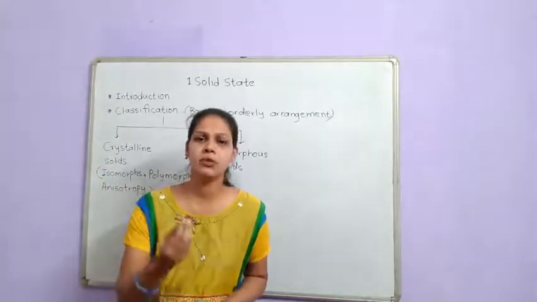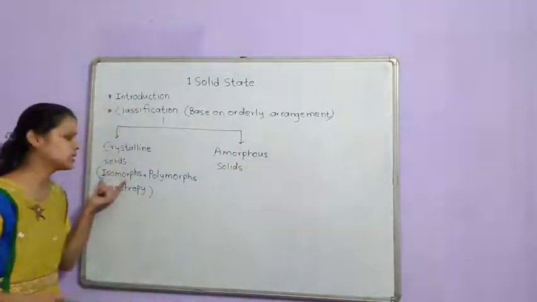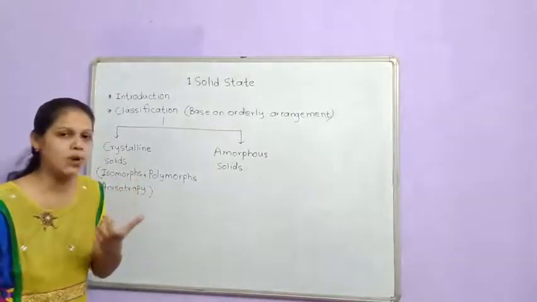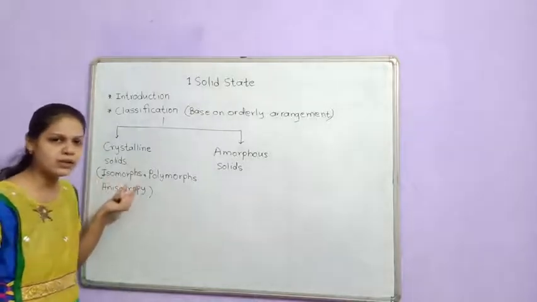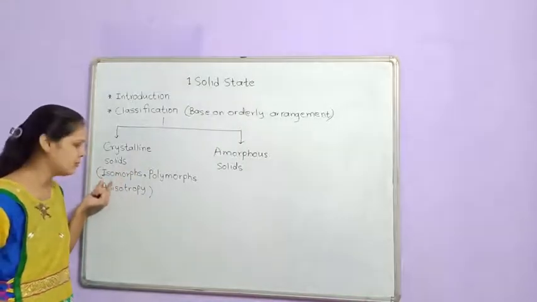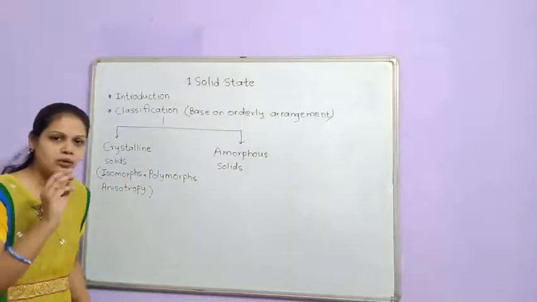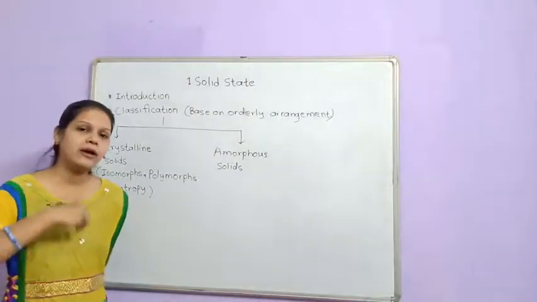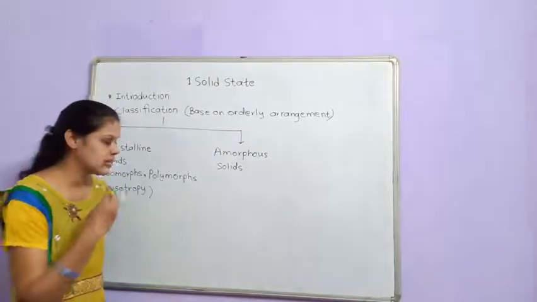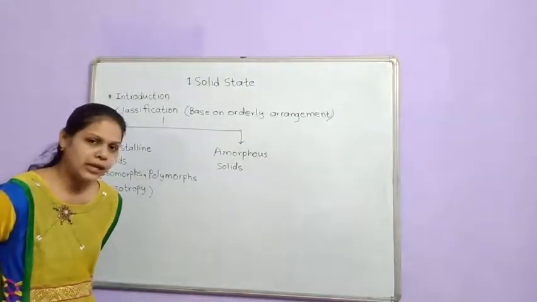Now we will see some of the properties shown by crystalline solids. The first one is isomorphs. Iso means same and morphs means form. Crystalline solids which have the same atomic ratio of two or more substances. When two or more substances have the same ratio of atoms, such substances are called isomorphs. For example, if you take K2SO4